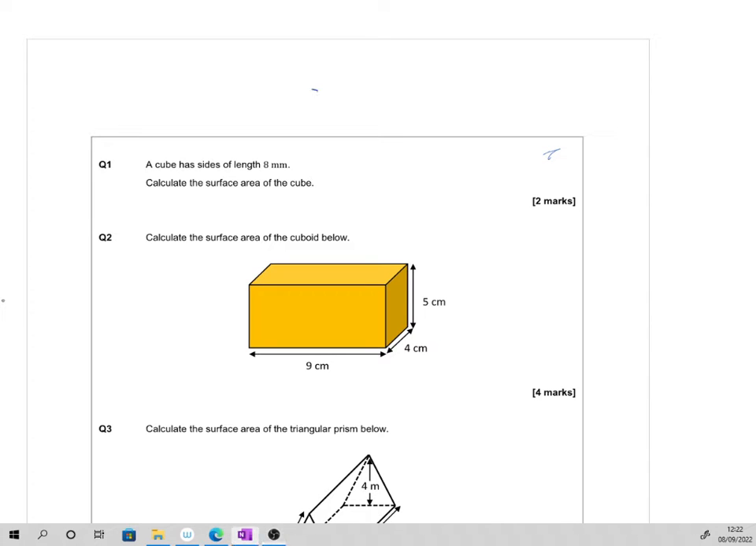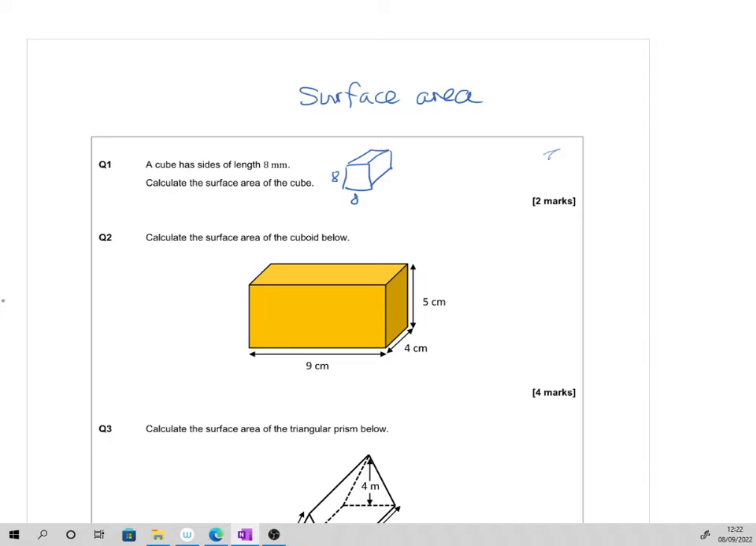Right, this one is all about surface area. Basically, it's working out the area of all the little bits and adding them together. Right, a cube has a side length of 8 millimeters. Calculate the surface area. So we've got a cube here, and it's 8,